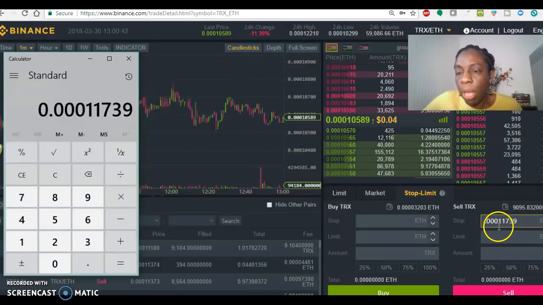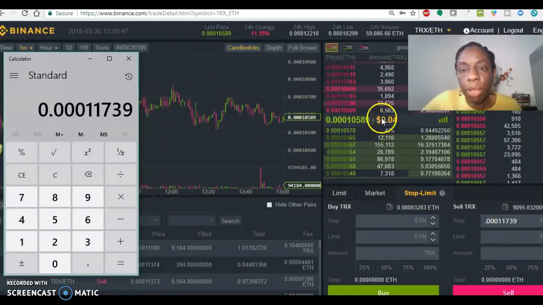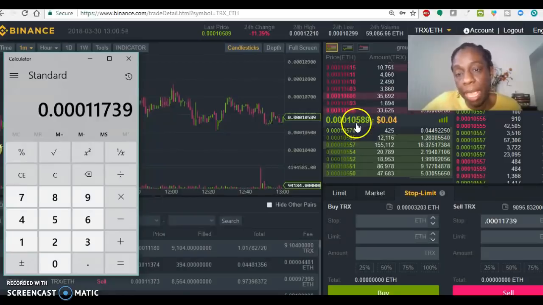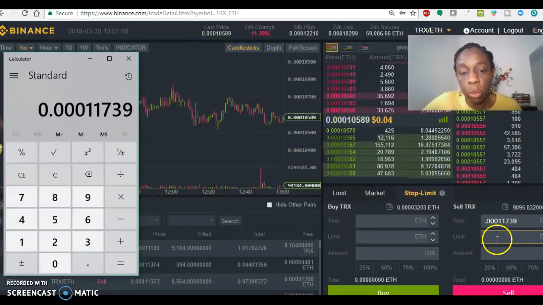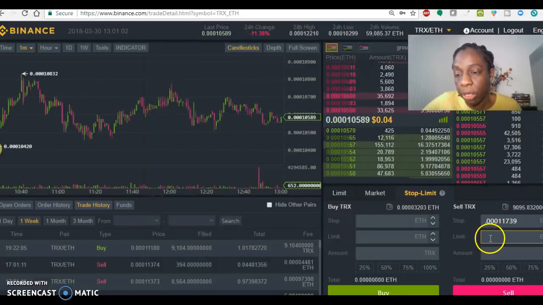So what this means is when the current price of Tron, which is currently set at 10,589, when it goes up to this amount, it will set a trigger and it will create a limit order